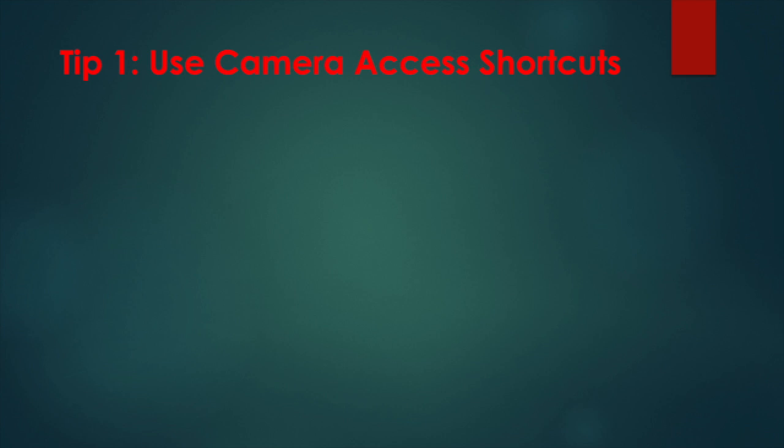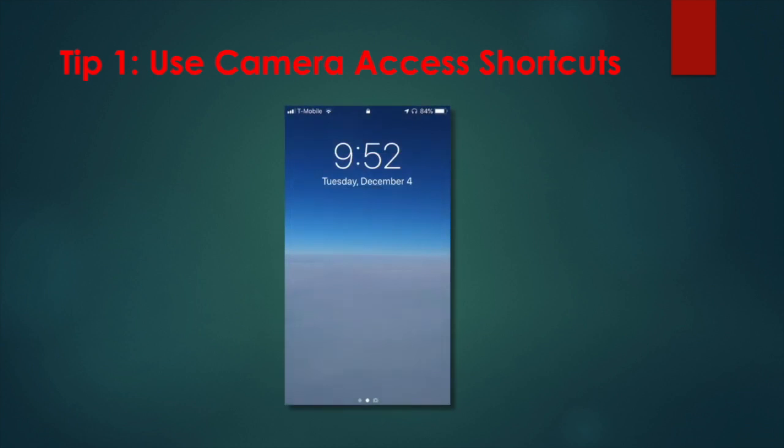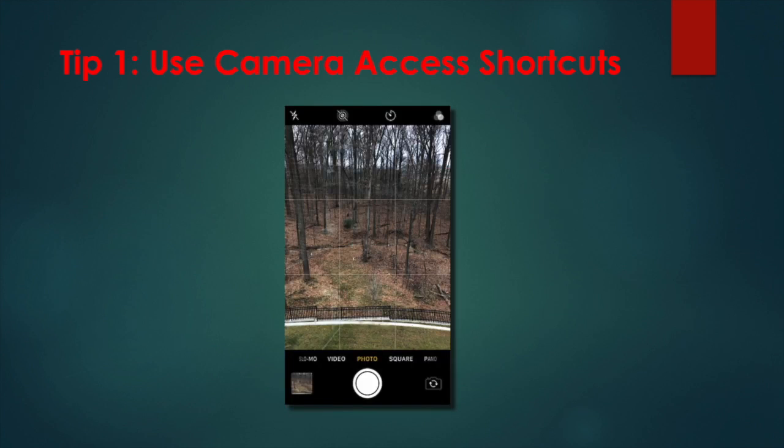Tip 1. Use camera access shortcuts. If you usually look for the camera icon to launch your iPhone camera and sometimes find yourself missing a moment, this first tip is especially for you. It's actually 2 quick ways to open the camera. The first way can be done without even unlocking your phone. Lift to wake your phone and then swipe from the right side of the screen toward the left, and voila,